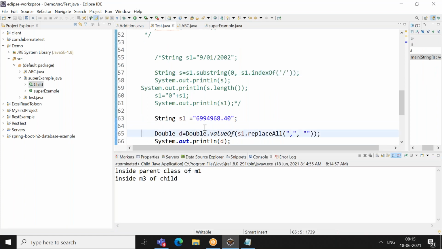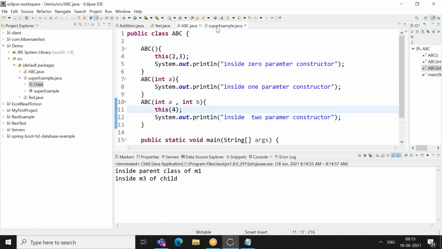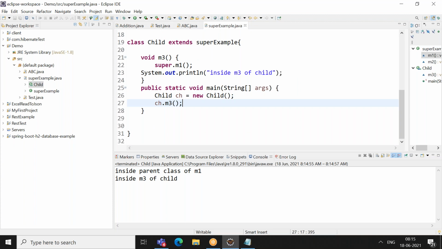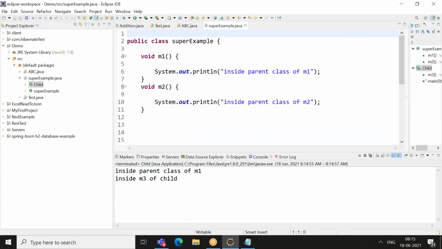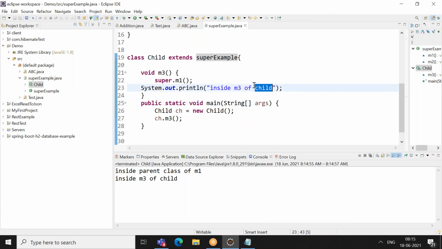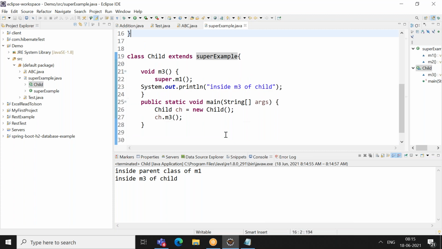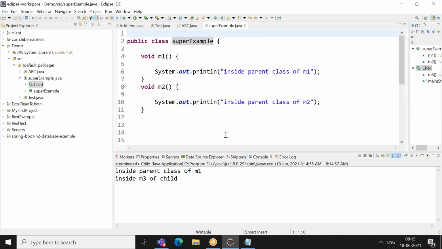So first of all, what happens whenever you start executing it? It first came to m3, but it called m1. So it went to m1 and executed, which is inside the parent class, and came back to m3 execution. Okay. So if you want to call parent class methods or access the parent class members, you'll be using super. And whenever I'll be using super with brackets,